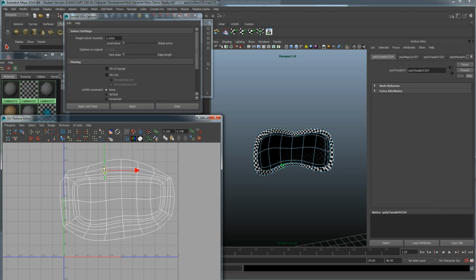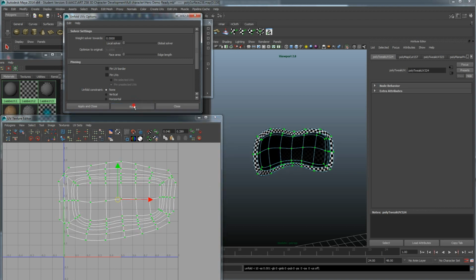I can select a section of these, hold the control key, hold the right mouse button, and go to shell. And that selects all of them. So rather than me having to select everything, if they get stacked on top of each other, shell is the quick way of grabbing your whole object. Now I can go to apply, and it starts relaxing this a bit more and squaring it out a lot